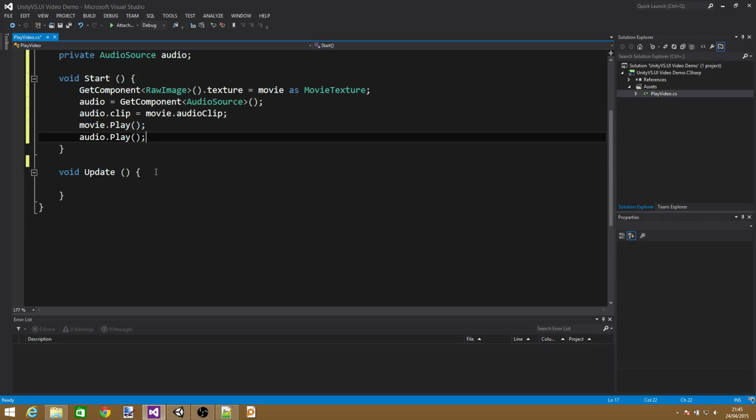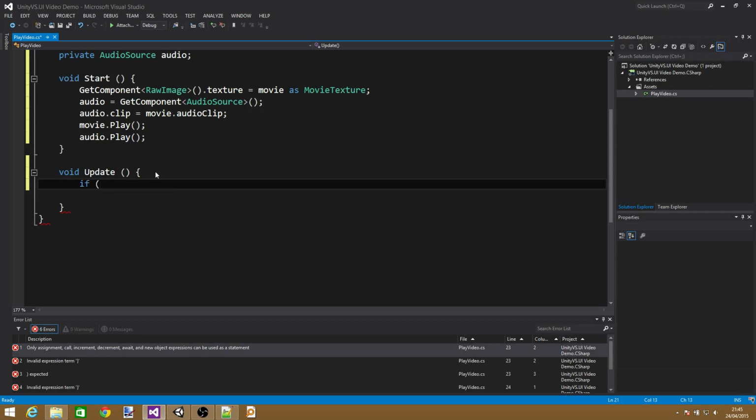But we can add a little bit more functionality to this. What we can do is add the spacebar in as a sort of pause and resume, like you would get from YouTube or wherever you normally play videos from. You generally have a button that you can whack to pause things. So we'll create an if statement, and we'll get it to check